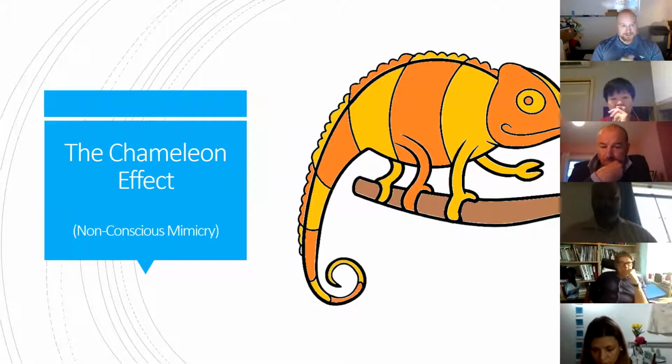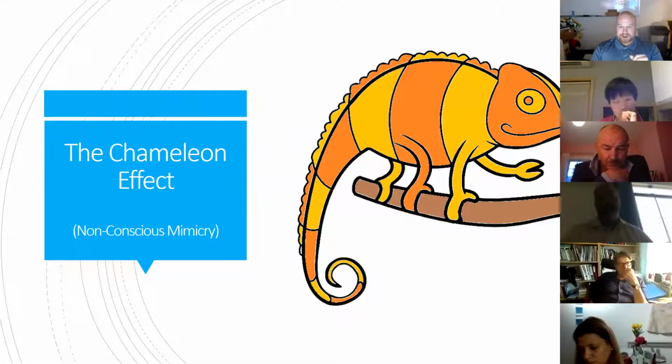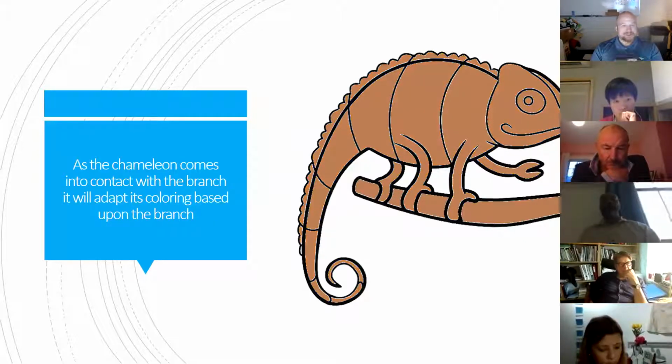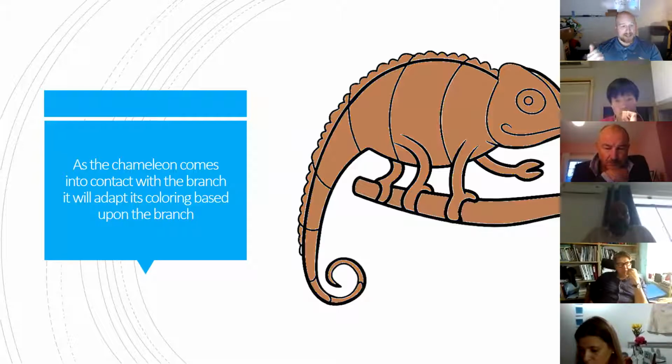So if we look at a chameleon really quick, and we conceptualize a chameleon and its colors as motor patterns. Now, this is a very reductionist view, and I fully admit that right now, but I just want to point out some of the key concepts of this idea of a chameleon effect among physical education students. So if we look at the chameleon, it adapts to its environment through emergent patterns, and it can blend into its environment. This would be an attractor state. The attractor state allows it to camouflage itself,